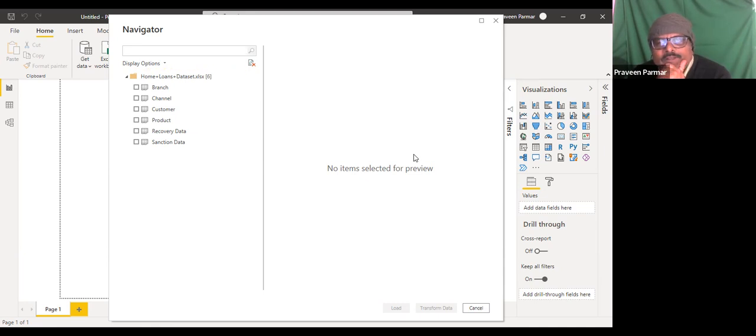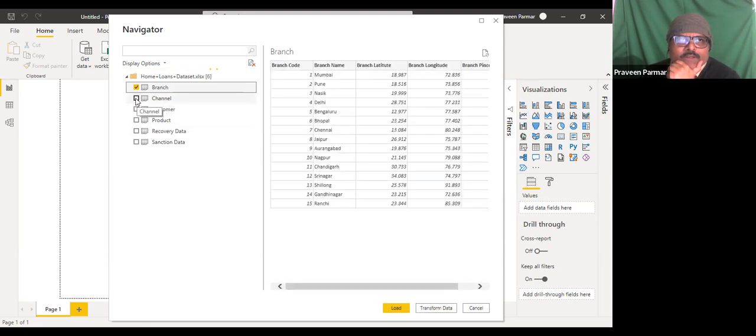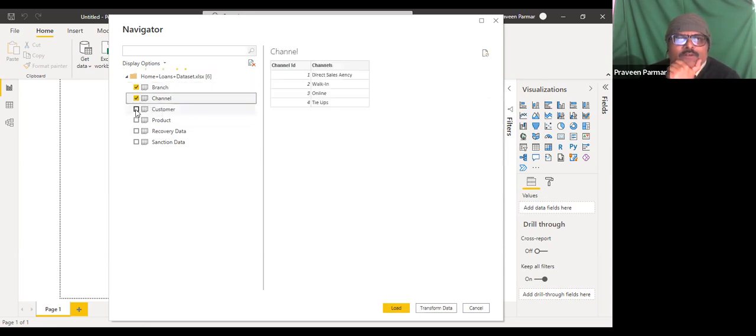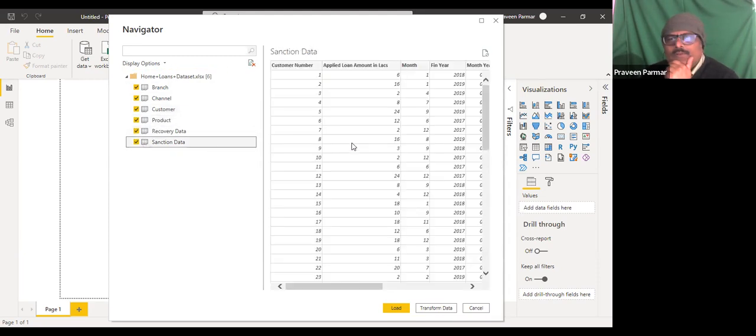Now you will get this navigator where you have to select the tables you want during analysis. I am taking all the tables, all the sheets from that Excel file. And here you will see there is Load and Transform Data.